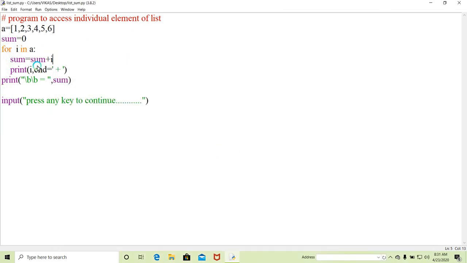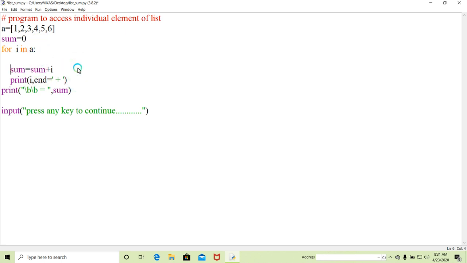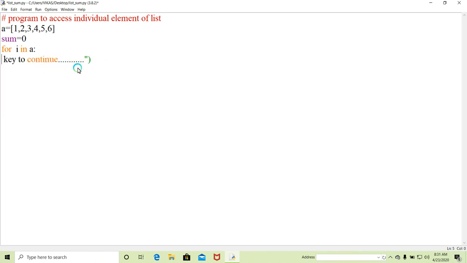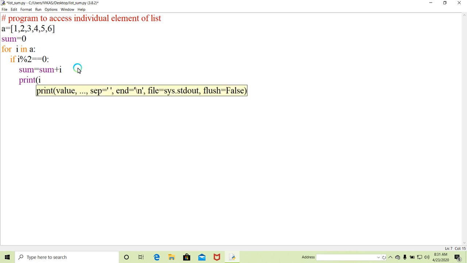Okay, so that is finding the sum of individual items. Now we are going to find the sum of even numbers. So what will I do? I will access here and I will see what is the i value in a. If the value of a modulus 2 equals 0, that means it's an even number. So I will write sum is equal to sum plus i, and then I will display i